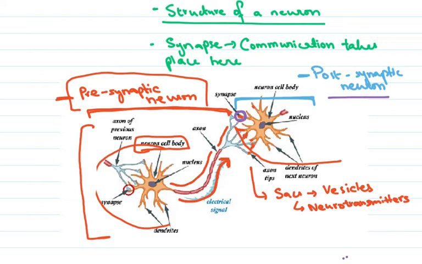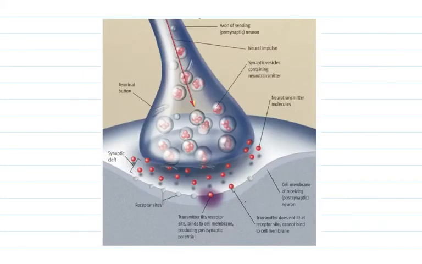Now, what exactly happens at a synapse is something that we'll see in more detail. You have a much more detailed diagram. What you see here is the axon of the presynaptic neuron, and then this is the neural impulse that's traveling. Then you have these synaptic vesicles, which contain neurotransmitters. These vesicles carry these chemical compounds, called neurotransmitters. Now, when a neural impulse travels along the axon of a neuron,